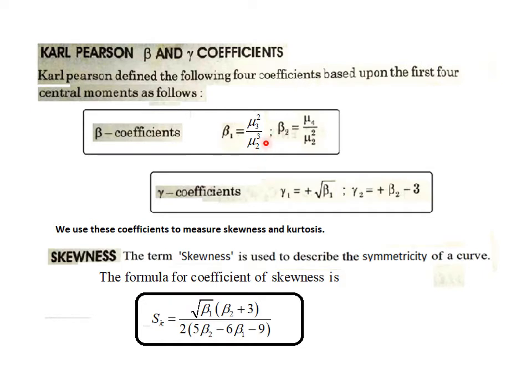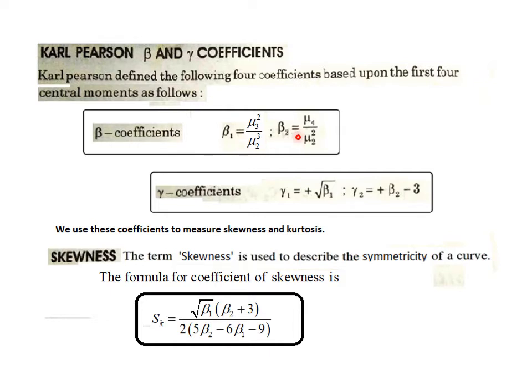mu2 and mu3 are the second and third moments about mean, or second and third central moments, which we have discussed in the previous lecture. And then beta 2 is mu4 upon mu2 square, which depends upon mu2 and mu4, that is, second and fourth central moments. So using second, third and fourth central moments, we can calculate Karl Pearson's beta coefficients, and using the beta coefficients,